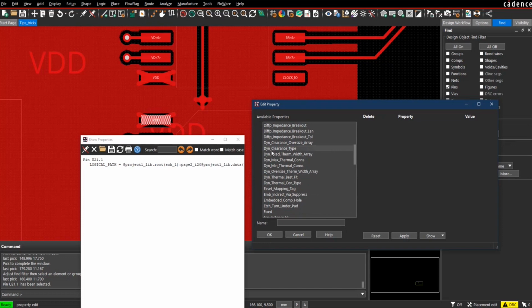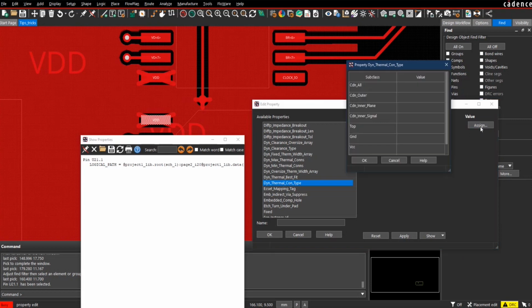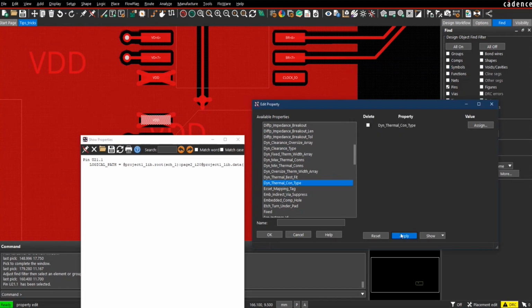And we have also a bunch of properties for the dynamic shapes, for the behavior. And these are always these dynamic properties. I will not go through the complete list. It would be too much for this webinar. So let me just as an example show you this dynamic thermal con type property. And if we use this and, for example, set this for top to full contact,